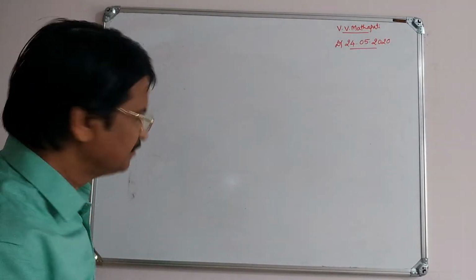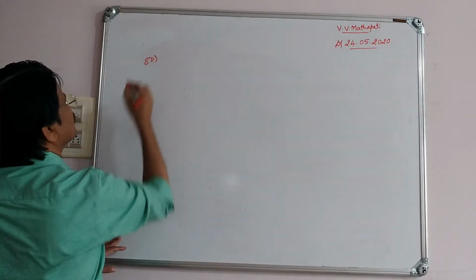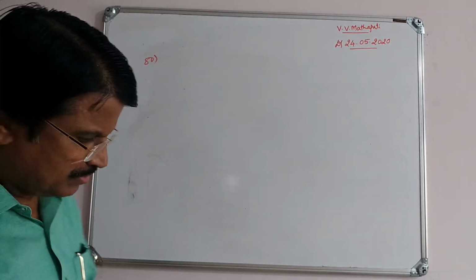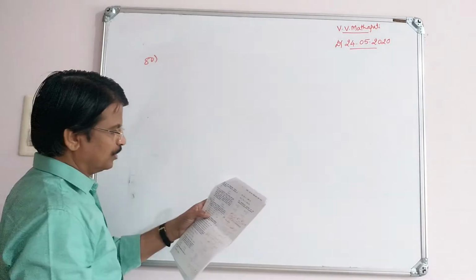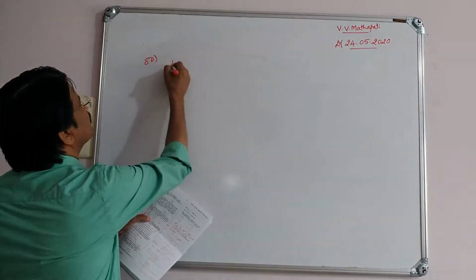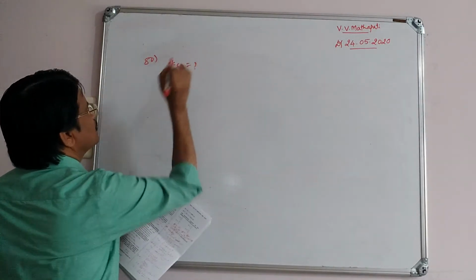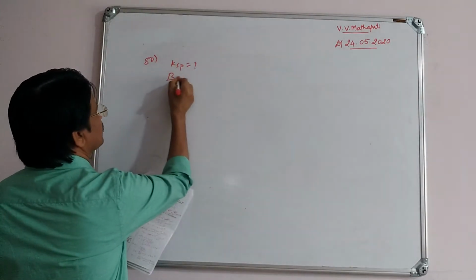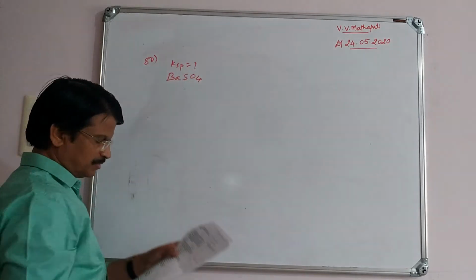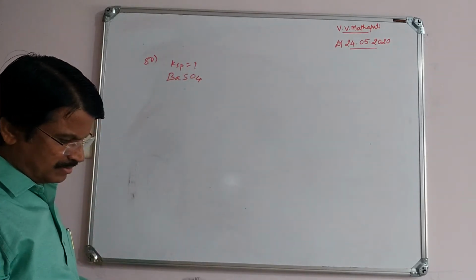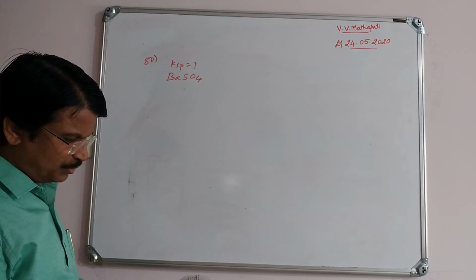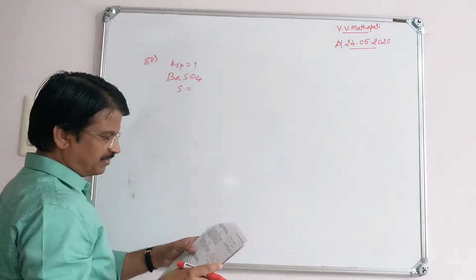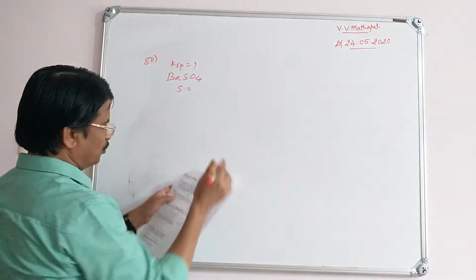So question number 80. Here they asked about the value of the solubility product, Ksp. The salt given is barium sulfate, and they give the solubility S. The solubility of barium sulfate in water is given as 2.42 into 10 to the power minus 3